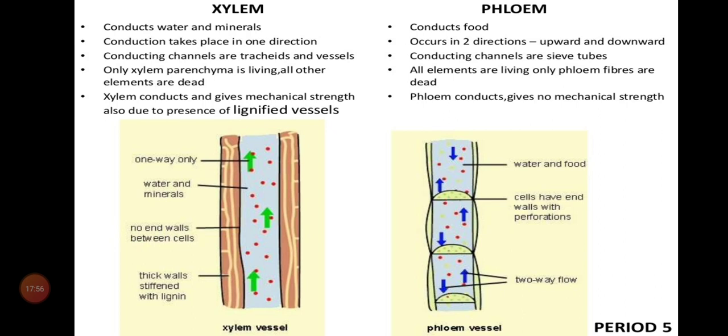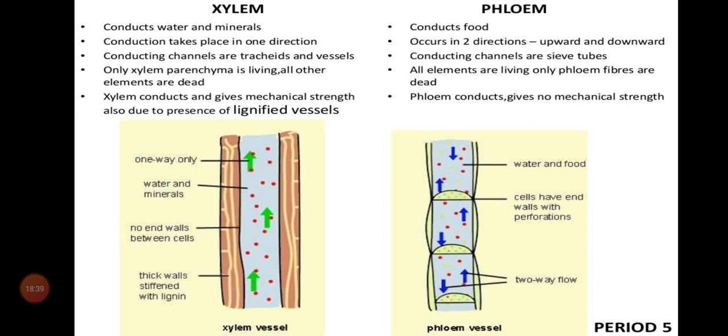And the conducting channels through which water is moving are tracheids and vessels. So what are the conducting channels in xylem? Xylem has four parts, and among them the ones which act as conducting channels, conducting means transporting, are tracheids and vessels. And xylem parenchyma is living, all other elements are dead. I told you, tracheids, vessels, xylem parenchyma and xylem sclerenchyma. In that, everything is dead cells. Only xylem parenchyma is living because it needs food items for its parts. So xylem parenchyma alone is living, and the remaining tracheids, vessels and xylem sclerenchyma or xylem fiber are dead.